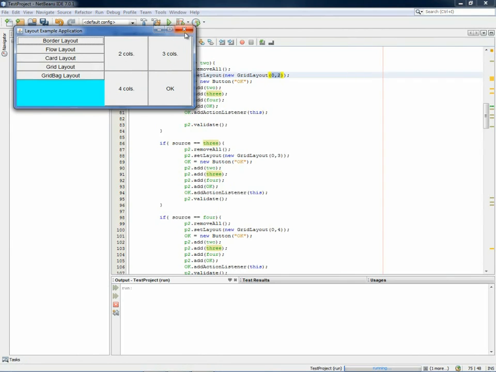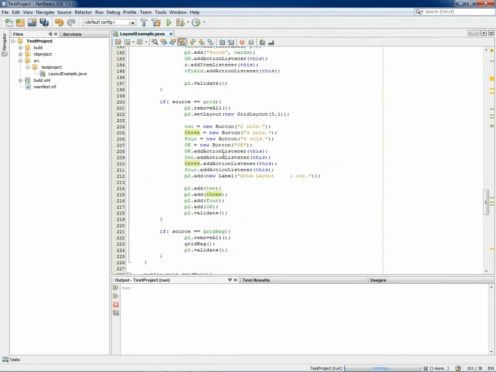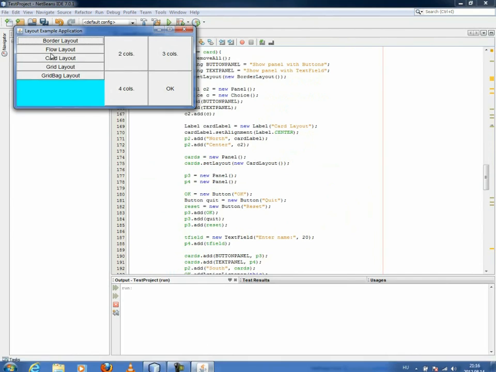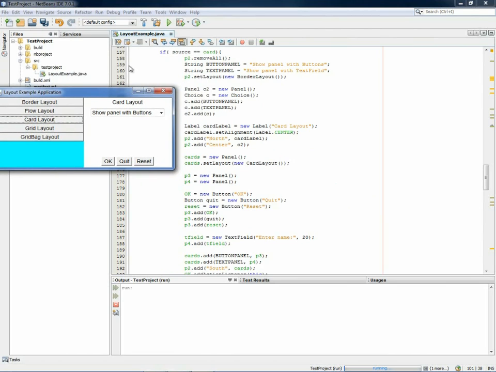Okay, let's see what we have got here. We started with the grid. Now we follow it with the card. The second is the card that I'm going to show. If I push the card, now we get here. I'm trying to hide it a little bit so we can see the code. If it was a card, of course we remove everything, and we are going to create the panel with a border layout,